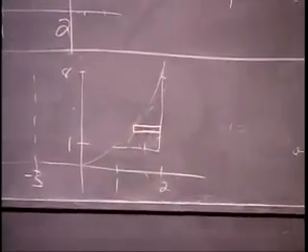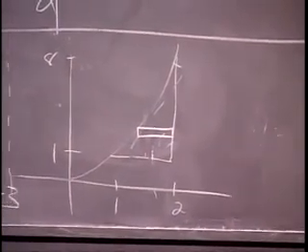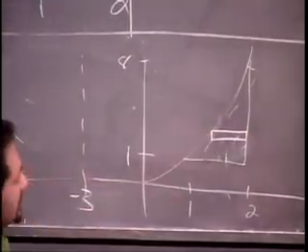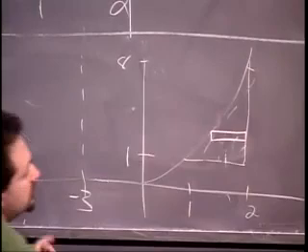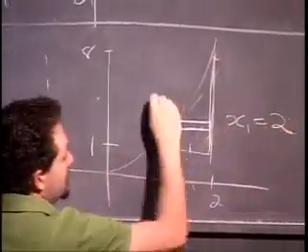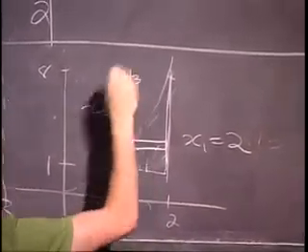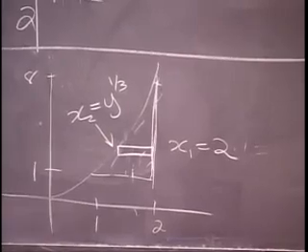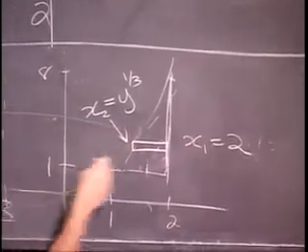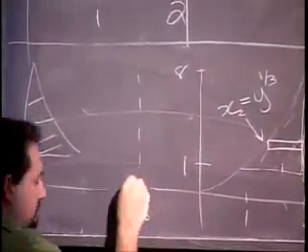Well, now it's variation 1, 2, and 3. All three variations, right? It's variation 1 because the strips are now sideways. It's variation 2 because we've got to go between this top curve, which is x1 equals 2, and this bottom curve, which we should really write x2 is the cube root of y, y to the 1/3. And it's variation 3 because instead of our disks being around the y-axis, it's actually around the line x equals